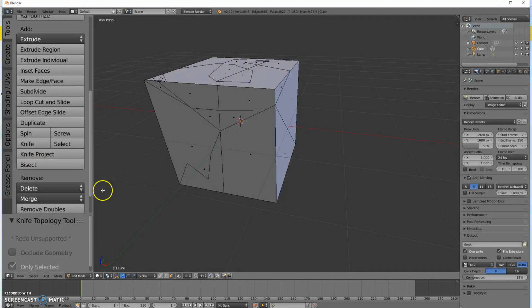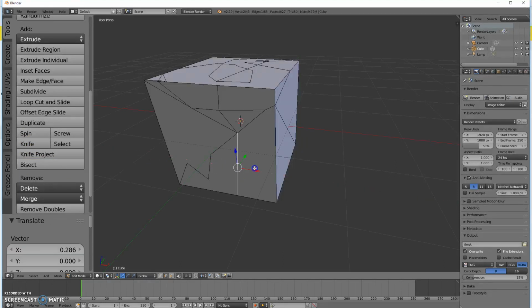I'm going to go down to where it says Bisect. I'm going to switch to Edge mode. Control Tab is a fast way to, again, switch between the mesh select modes. I'm going to select Edge, and I'm going to right click on one of them. Let's say I click on this one. And then I'm going to click on Bisect, and what it'll do is as I move, just a second here,